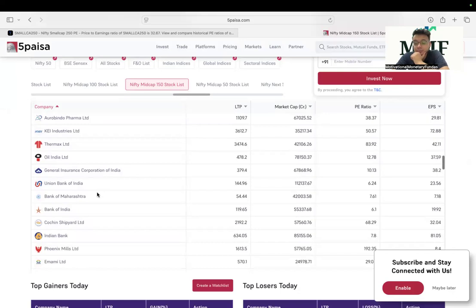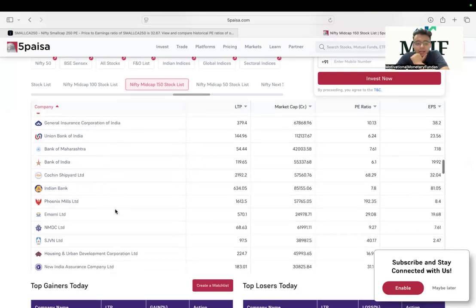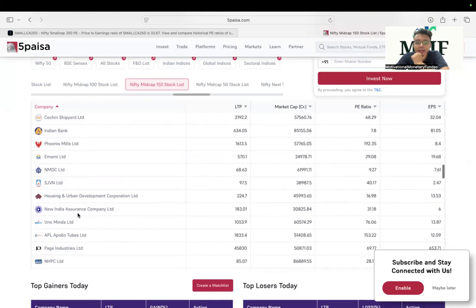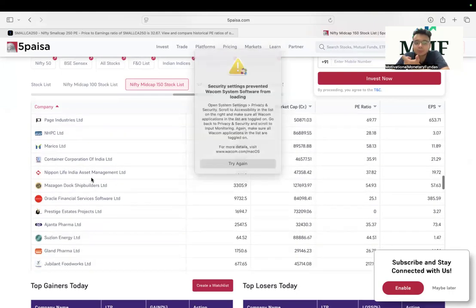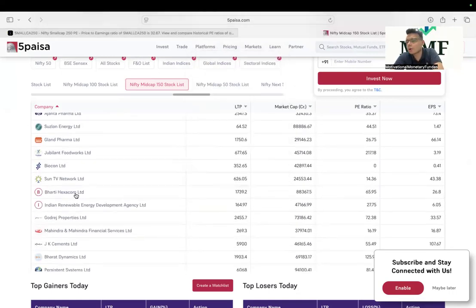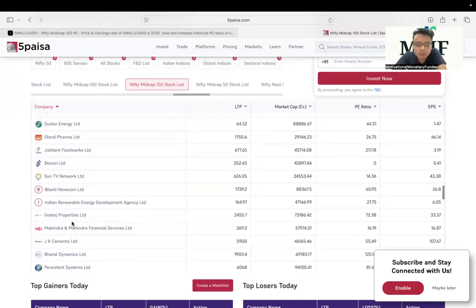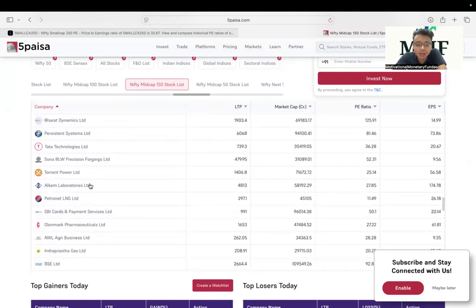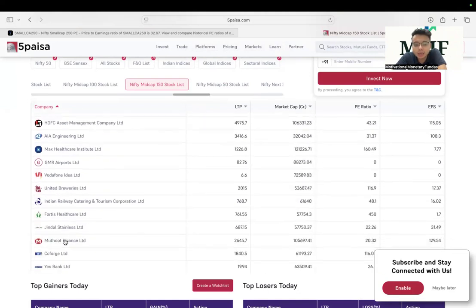जनरल इंश्योरेंस कॉर्पोरेशन, EV टू एम्बेडेड, प्राइस टू एम्बेडेड वैल्यू पे होगा। फिनिक्स हैवी है, प्राइस टू बुक वैल्यू पे। NMDC, SDFN, हाउसिंग अर्बन डेवलपमेंट, हैवी कंपनीज, प्राइस टू बुक वैल्यू। कंटेनर कॉर्पोरेशन, सारी इसमें तो एक के बाद एक प्राइस टू बुक वैल्यू दिख रही है। सुजलॉन प्राइस टू बुक वैल्यू, ठीक है, भारतीय हेक्साकॉम प्राइस टू बुक वैल्यू और लाइक EV टू एबिटा। बीच में कंपनीज आ रही हैं लाइक बायोकॉन एंड द जुबिलेंट फूड वर्क्स जो प्राइस टू अर्निंग पे कर, JK सीमेंट, भारत डायनामिक्स, पेट्रोनेट LNG, टोरेंट पावर, प्राइस टू बुक वैल्यू वाली कंपनीज है।